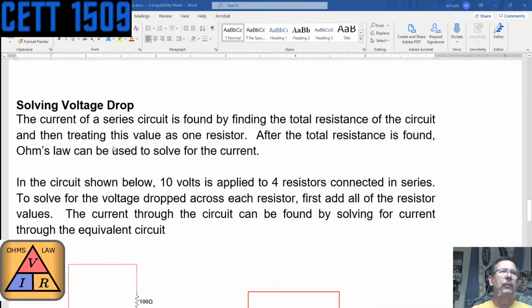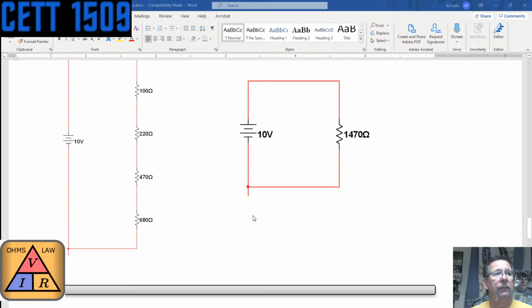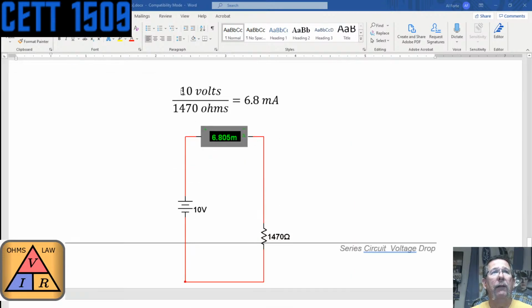So for solving for voltage drop, the current of a series circuit is found by finding the total resistance. We have to make sure we know what the total resistance of that circuit is, and then treat this value as if it were one value. Whatever those values in series add up to is what that one resistor is going to be. Then we know the voltage and the total resistance, so voltage divided by resistance gives us the current flowing through the circuit. In this case, it's 10 volts divided by 1470 ohms. That gives us